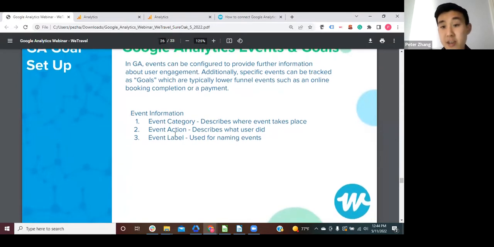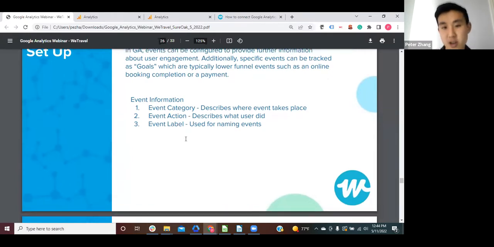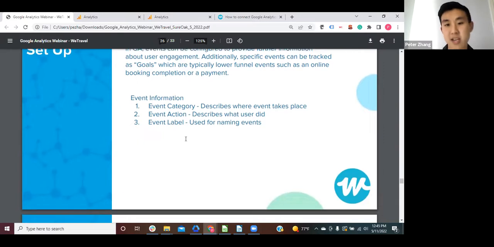Now, all that information has to be added to the actual code on the site as well, which is where it gets a little more tricky. And a lot of times with businesses, this is where other companies and agencies come to help out to make sure you're tracking it correctly and getting that information, because Google does not automatically track these actions for you, and you have to set it up to understand the data more.